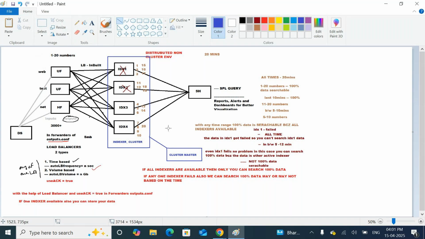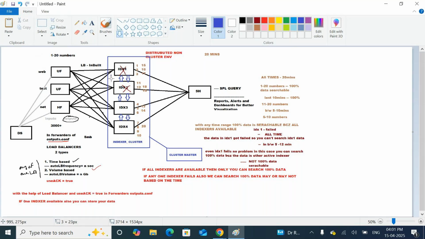What clustering means is you maintain identical copies: this server's data in some other place, this server's data in some other place. You got my point?